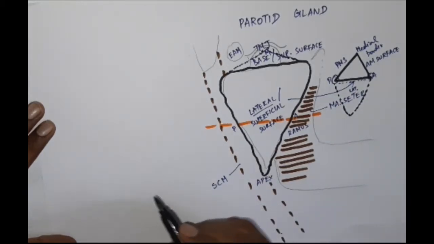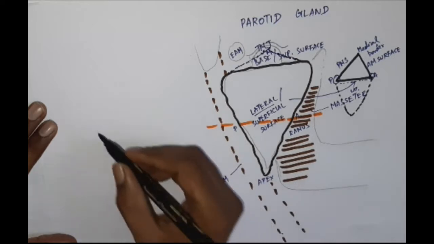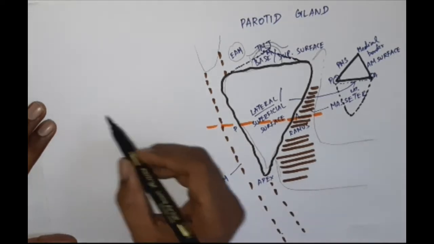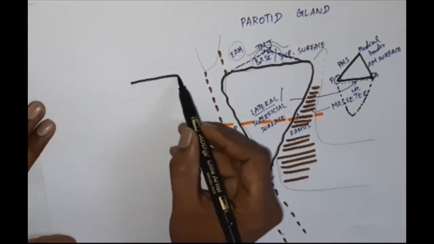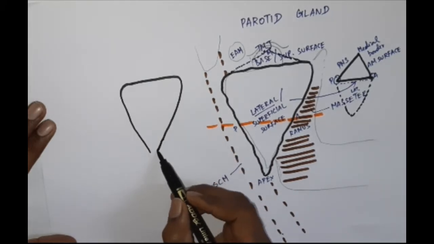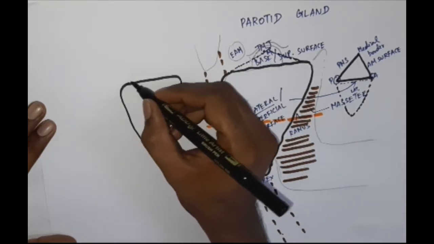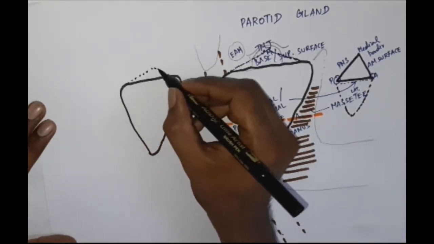So in the last video we have seen the sections, the three parts we have seen. The gland, I'm going to draw it again. It's going to be like a pyramidal shaped structure. It is going to be like this. And if you're going to go on a 3D view, it will be on the inner aspect.